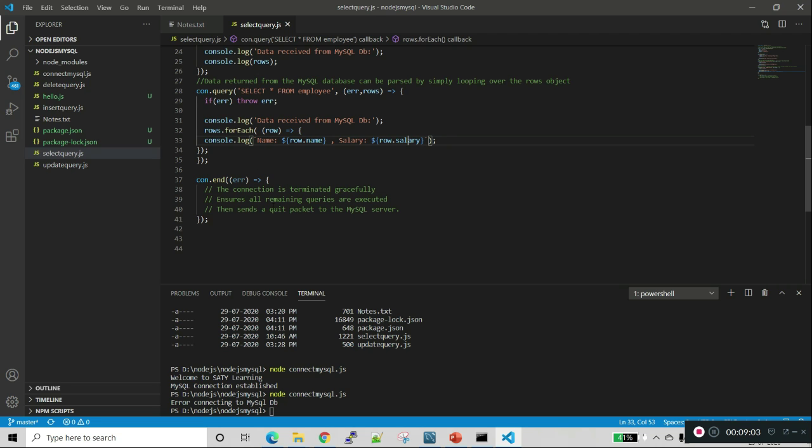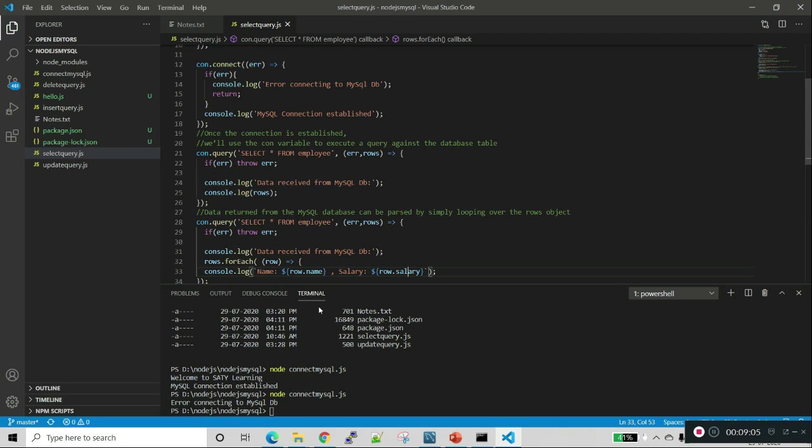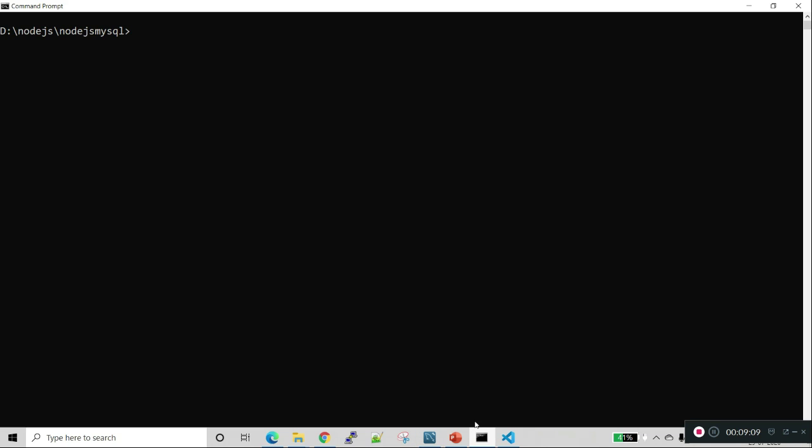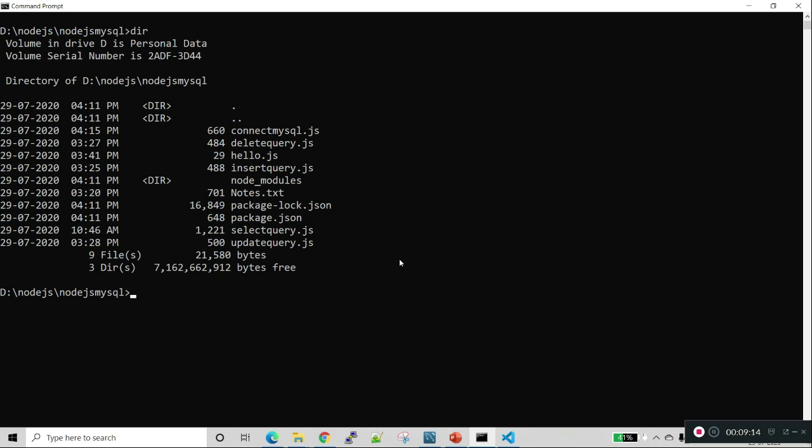So now let's run this select query.js. Instead of this, we can also run it in the command line: node select query.js.